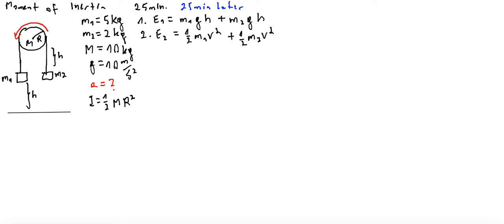Speed of m1 is the same as speed of m2 because both are connected by an inextensible string, so speed must be the same. Mass m2 is at a certain height, so it has potential energy, but remember that height is 2h. It was at height of h at the beginning, and now it has traveled the length of h up, so now the